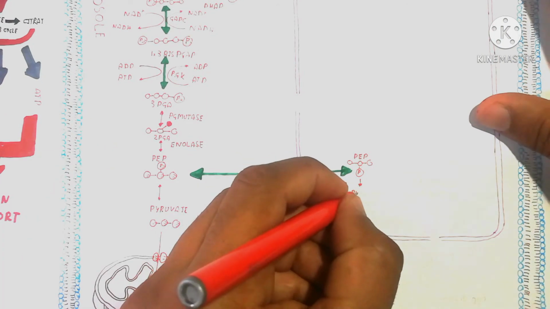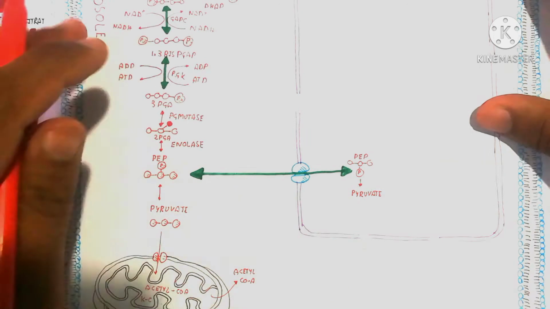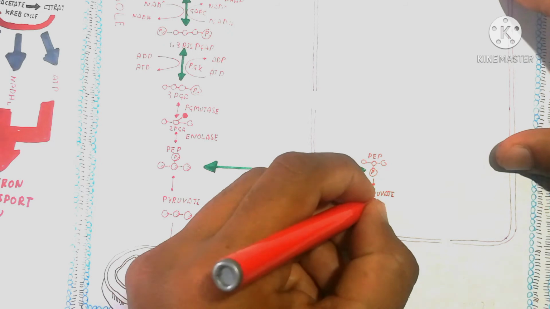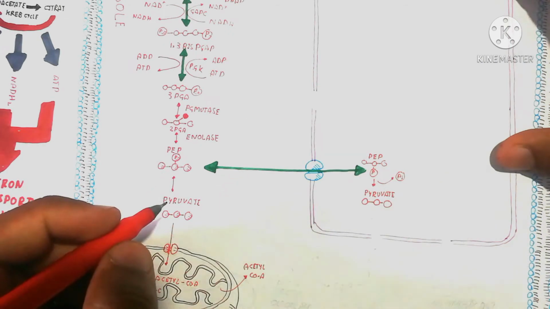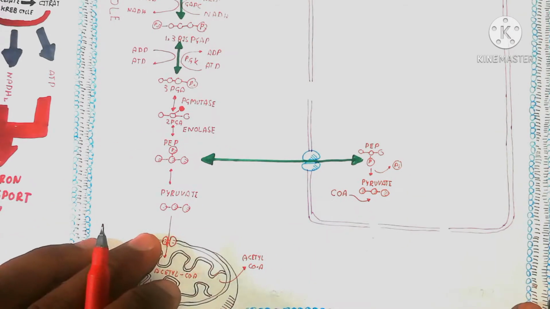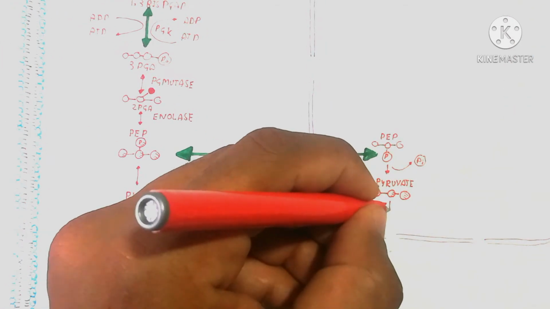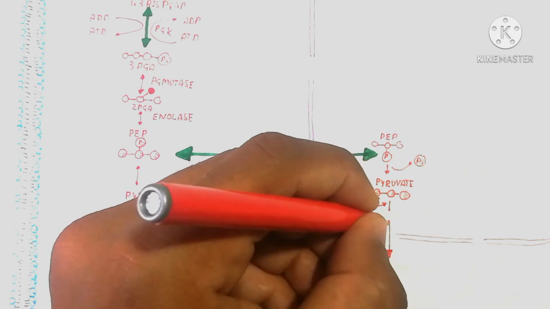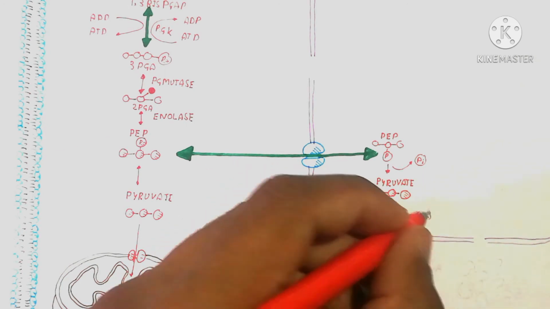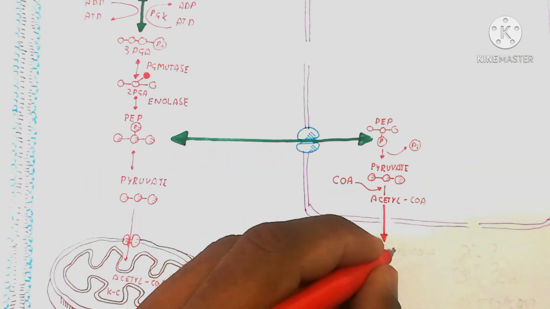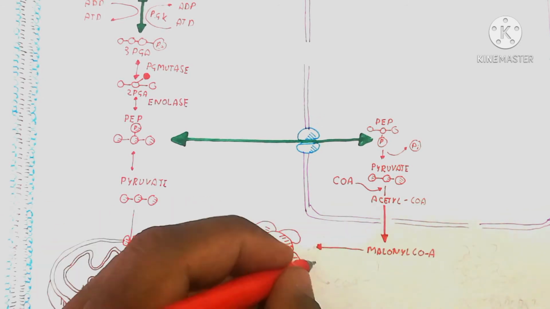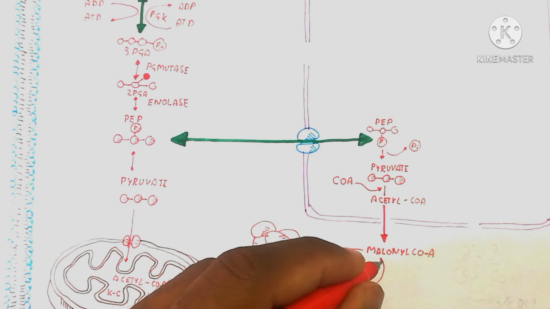So proteoplast, oleoplast, and amyloplast are in the same sketch. Here phosphoenolpyruvate can enter inside the plastid and produce pyruvate by releasing inorganic phosphate, and this pyruvate reacts with CoA and produces acetyl CoA, and this acetyl CoA will be released into the cytosol, where malonyl CoA is produced in the presence of HMG CoA